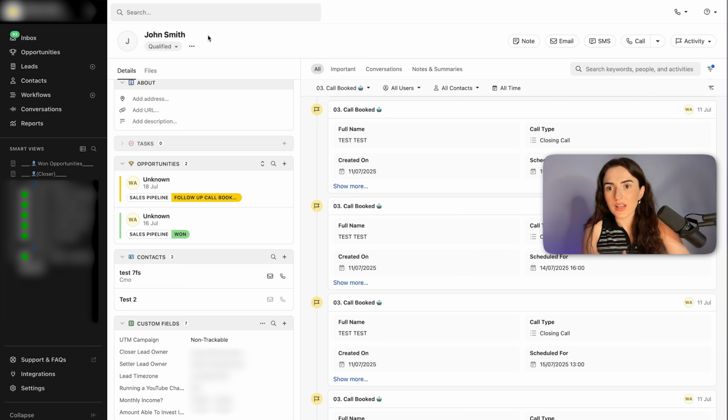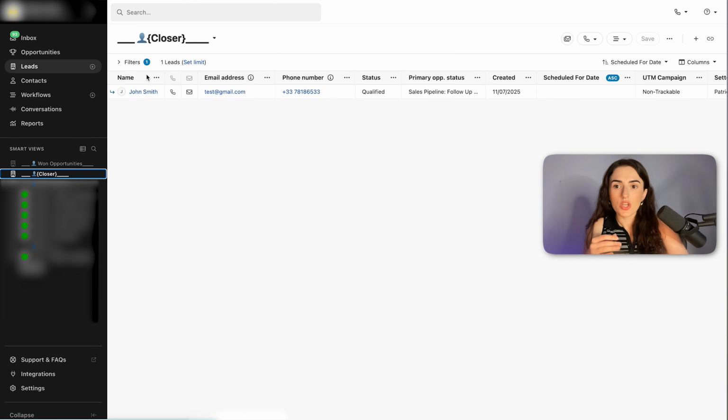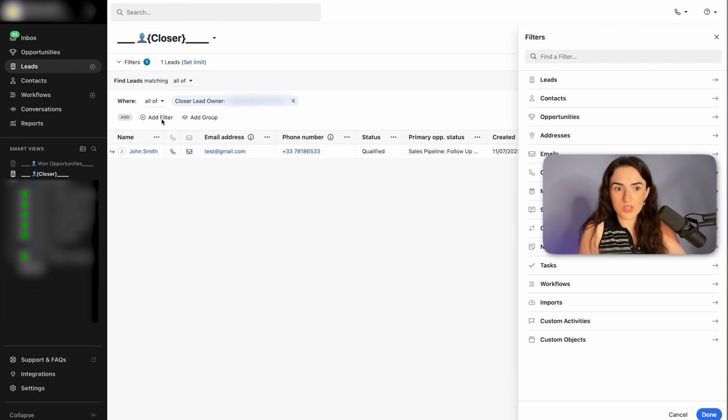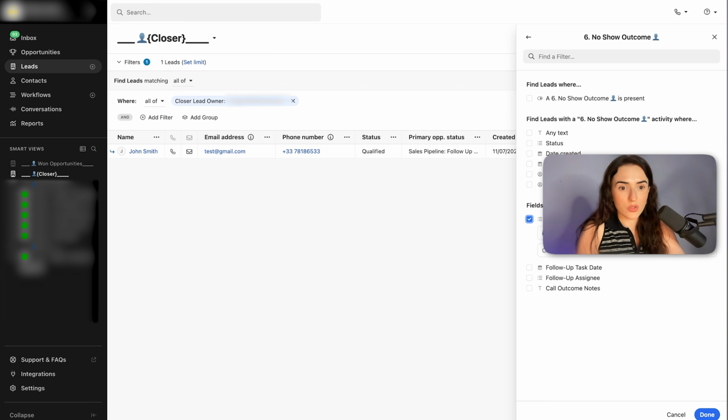It is chaotic. I start to wonder if this is John Smith or if it's someone else, or if there are 3 John Smiths that have contacted us. So custom activities make it really easy for your team to submit this form, and they would know exactly what has happened. Now, for reporting purposes, as I showed you, you can create filters over here with custom activities, and you can see exactly all the times that someone has submitted the no-show form without, again, cluttering your opportunities and